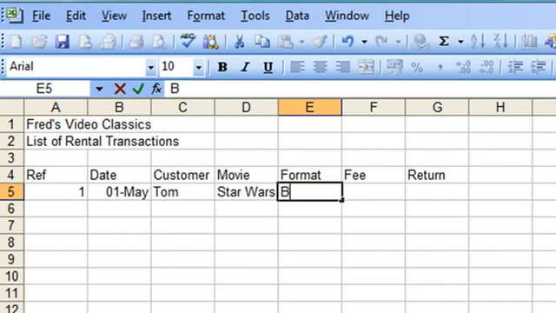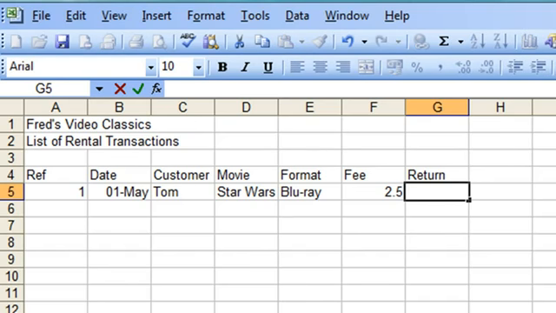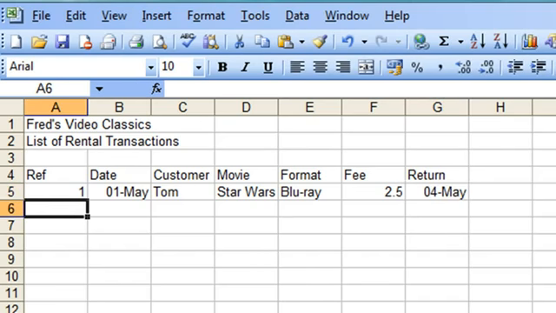Format, I'll put in there Blu-ray. Rental fee, £2.50. Whoops, excuse me. I'll type in 2.5 for the fee, and the return date, let's say that was returned on the 4th of May, 3 days later. Now, in fact, what I'm going to do here is actually replace that last entry with